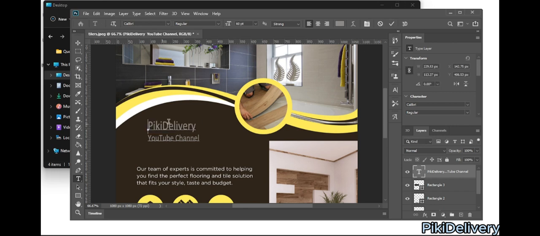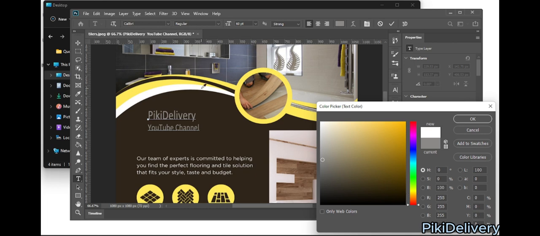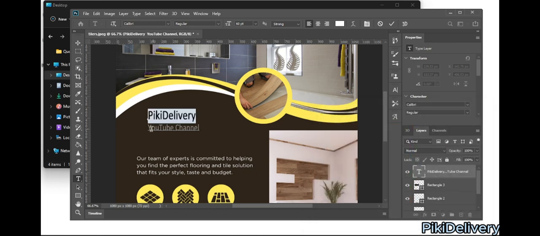Then also, what color do you think is the best here, guys? This is quite good. Then for the YouTube channel I'll leave it as it is. So this thing I want to modify it. I want it to be bigger enough, and also I want to add